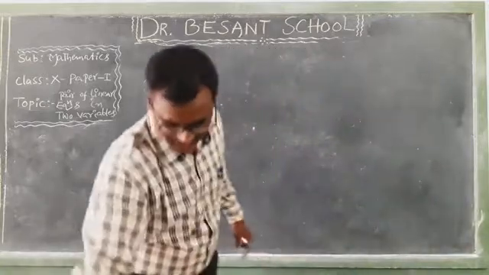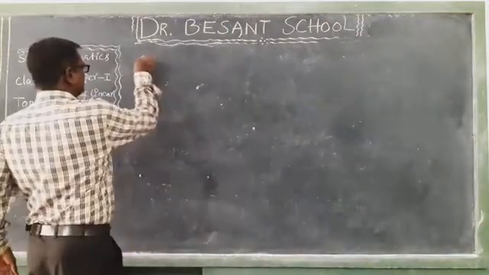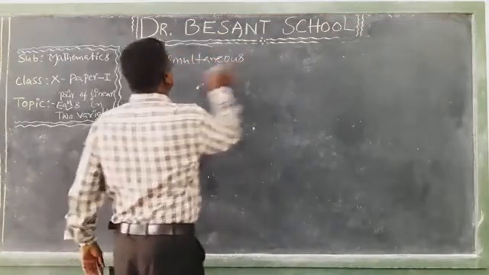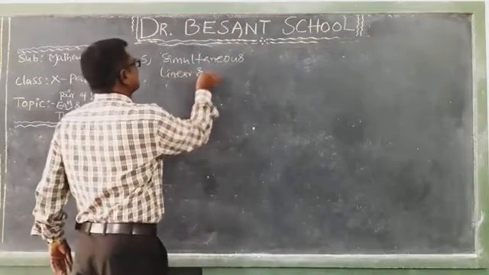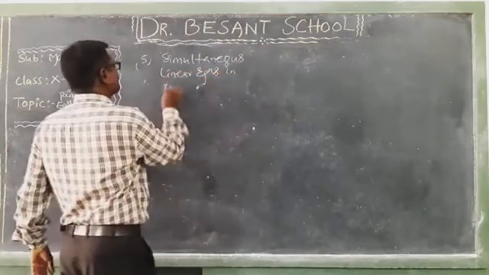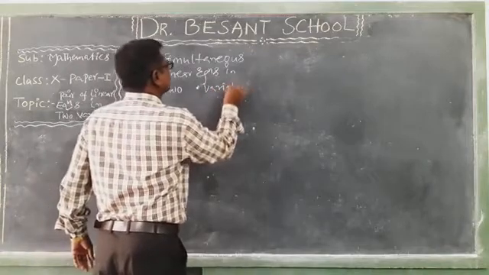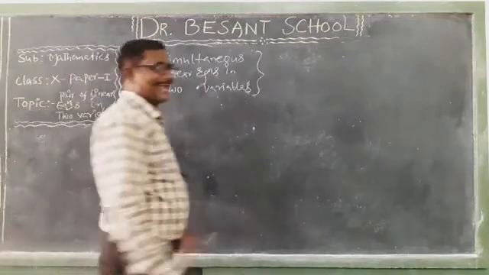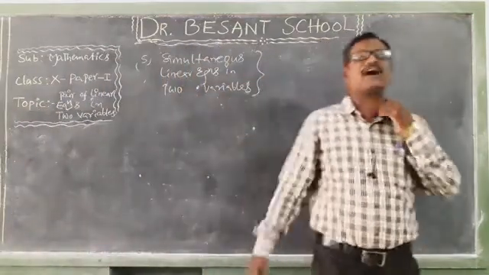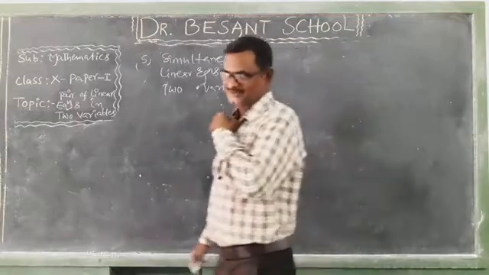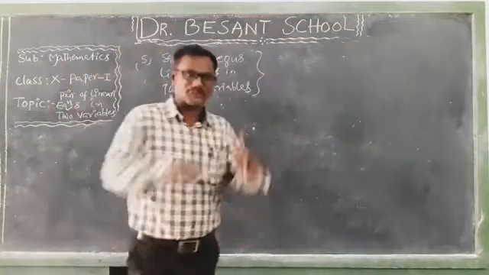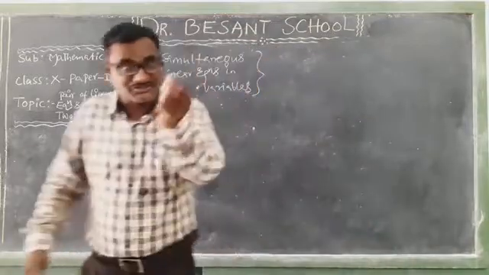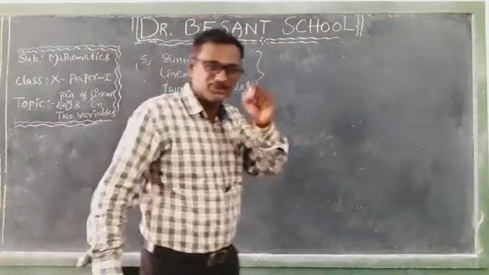And next my definition is simultaneous linear equations in two variables. See children, a pair of linear equations in two variables is said to form a system of simultaneous linear equations in two variables. The general form of a system of simultaneous